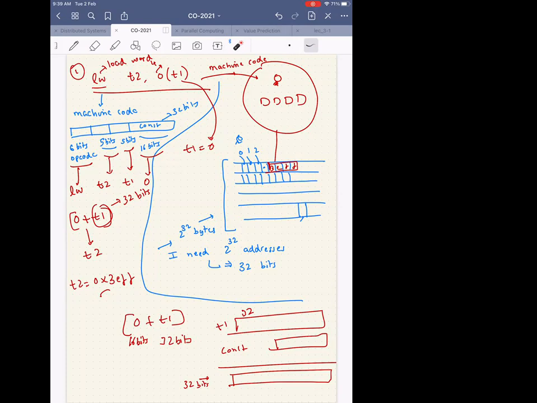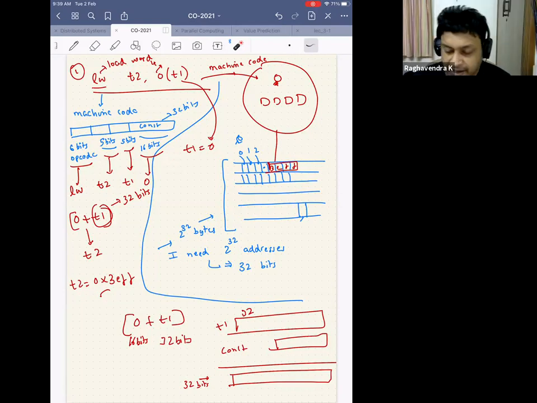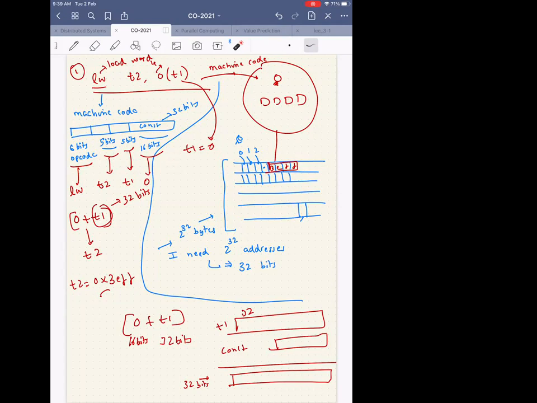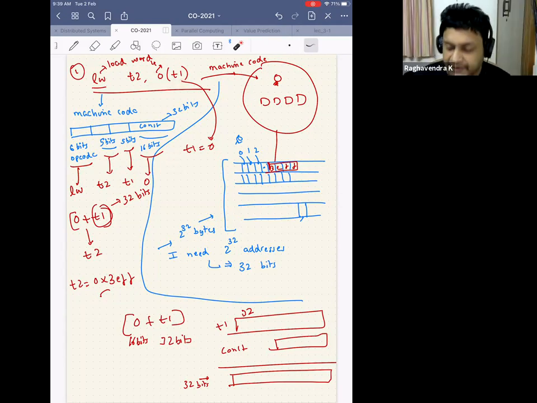Sir, so the point of the offset is just to access things faster? Yeah, it's just an advantage. We saw this when we were designing our own architecture. If we didn't have this offset, what is the problem? I have to keep changing this base value always, right? Yes, sir. So here I have a constant, so I make it relative. That's the only advantage of it.